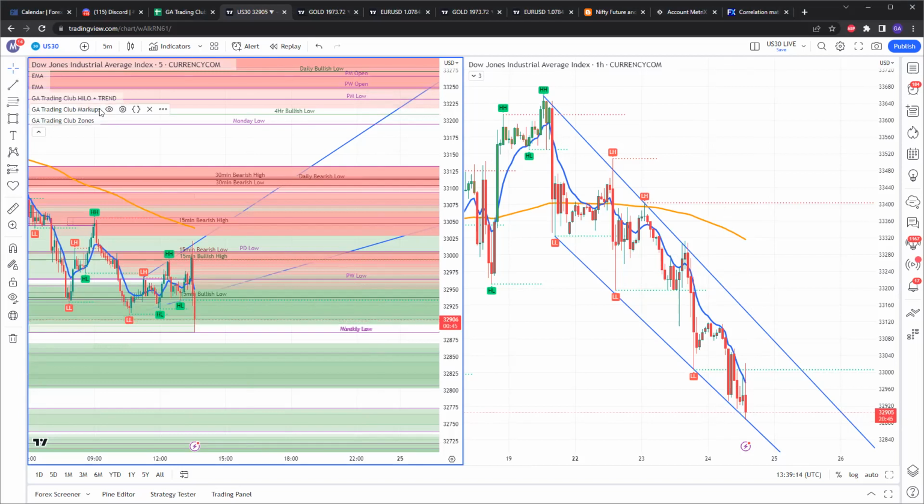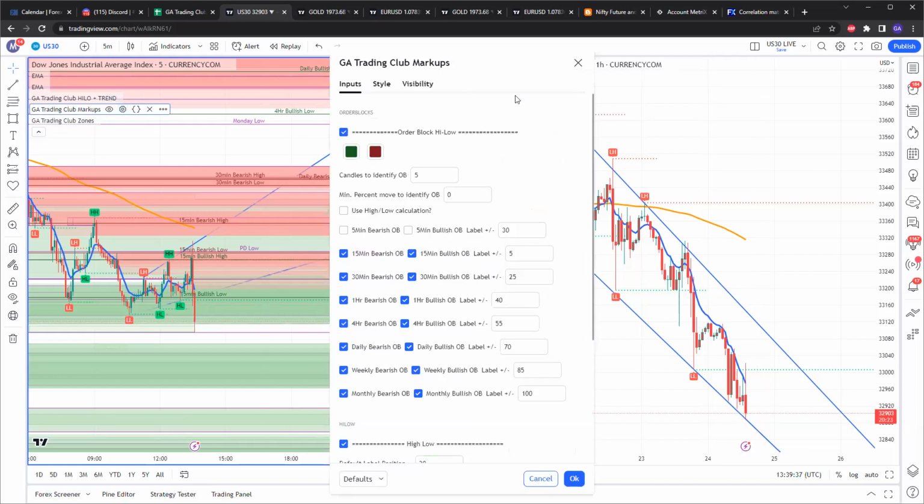So the markups, ideally, you remember previously I used to have Monday high, Monday low, Friday high, Friday low, previous daily high, previous daily low, weekly high, weekly low, weekly open, previous weekly open, PW high, PW low, previous monthly high, previous monthly low. Now, I had all of that automated. So if you open that,